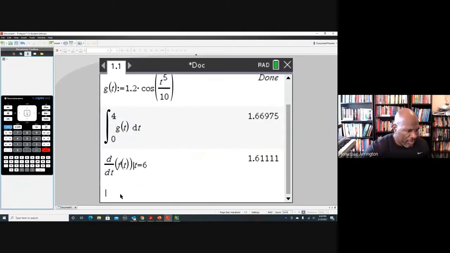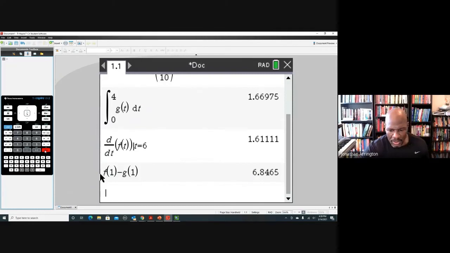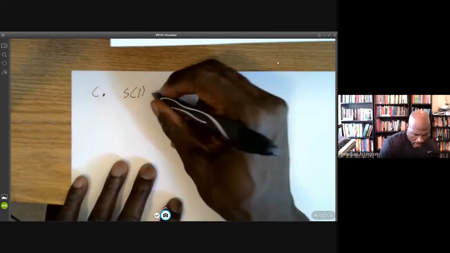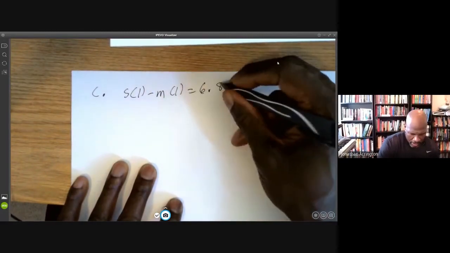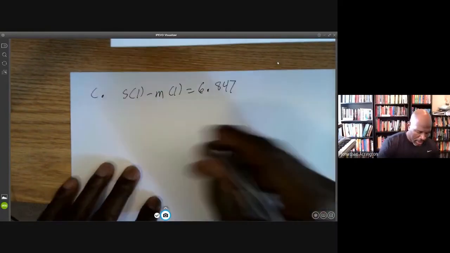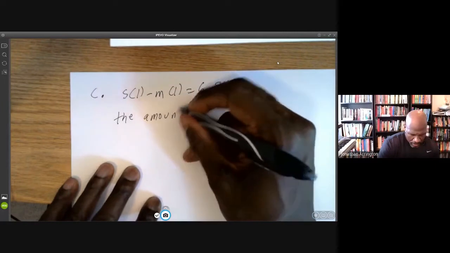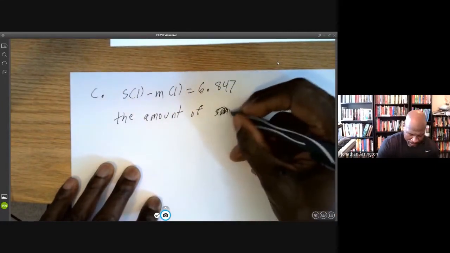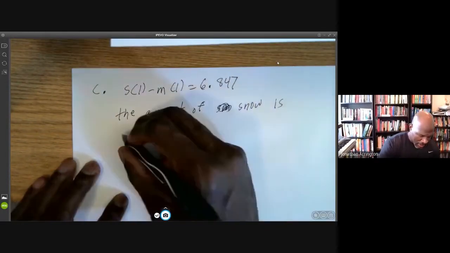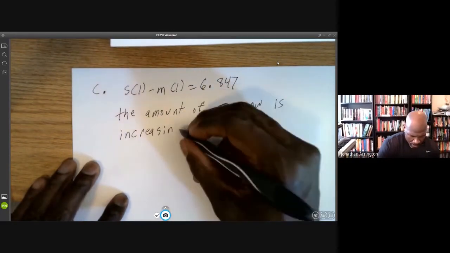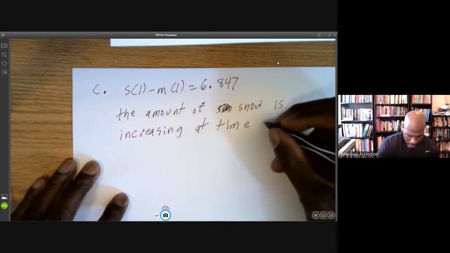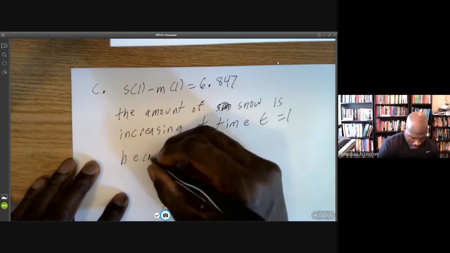All right, so again, s was f. So f of 1 minus, my m was g, minus g of 1, and that's going to equal 6.847. So s of 1 minus m of 1 is 6.847. So therefore, we can say the amount of snow is increasing at time t equals 1 because